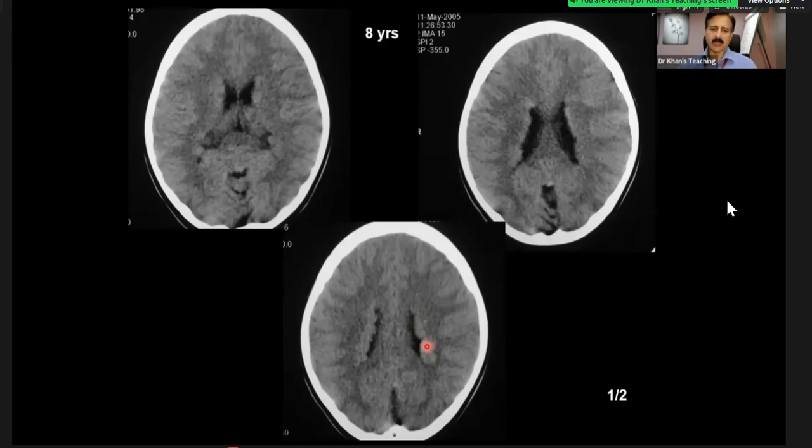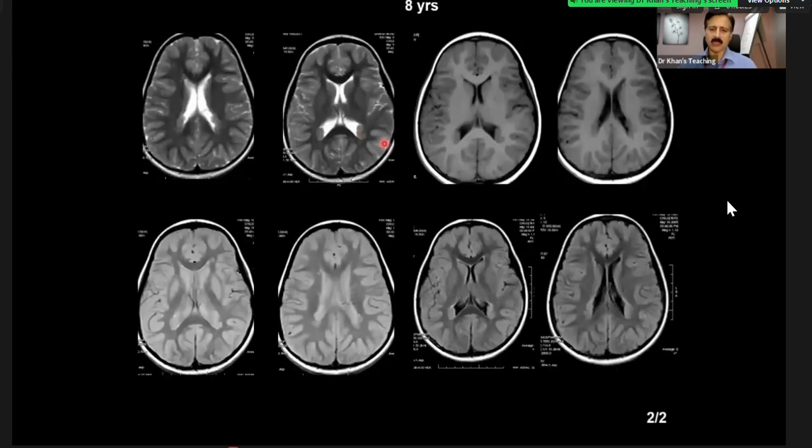on a CT scan, you can see these bilateral nodules. And on each sequence, which will be T1,